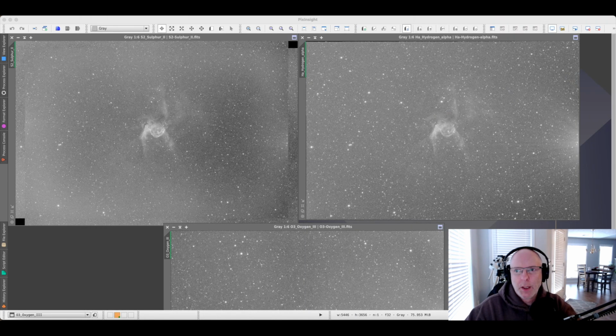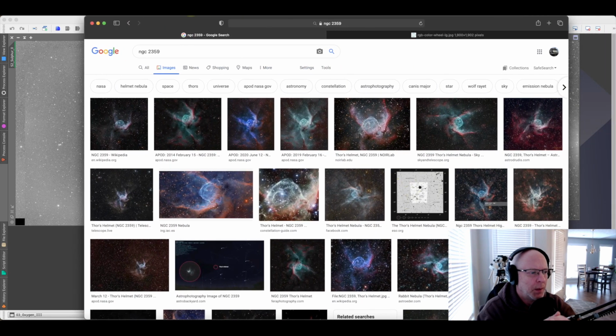Now, when we look at other examples of people that shoot NGC 2359, let's bring this back over. It seems the default is a lot of people use HOO, and that's hydrogen, oxygen, oxygen. So we're putting hydrogen alpha into red, and then we're assigning oxygen into both the blue and the green channels. Not all of these are done exactly as HOO. Some of these have been done as OHO, OHH, and then I have seen a few that actually are done with the sulfur channel, but it's